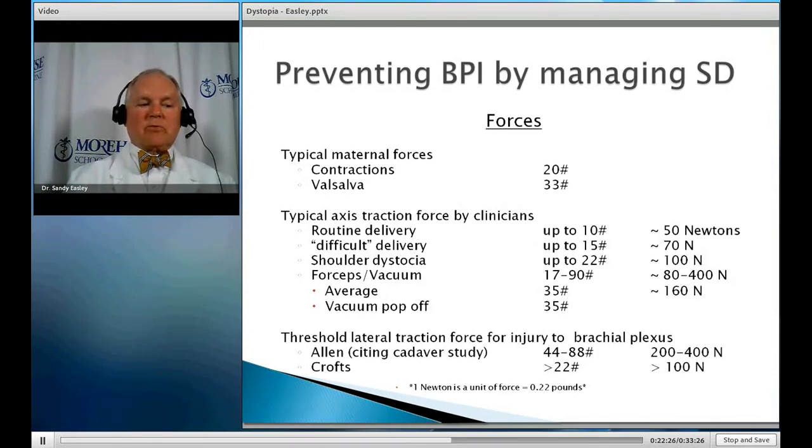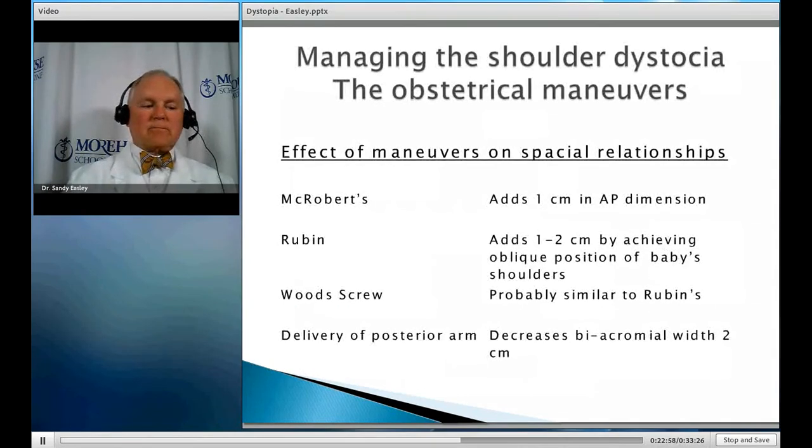The infants who experienced brachial plexus injury in Croft's study that was determined in real-time deliveries had at least 100 newtons or 22.5 pounds of lateral traction applied. No infant to whom less than 22 pounds of lateral traction was applied had a brachial plexus injury. I think a digression here is important and timely. Not all brachial plexus injury is caused by excessive lateral traction. In some cases,